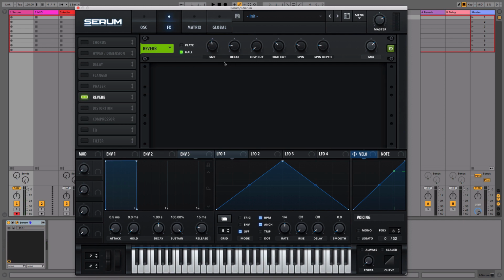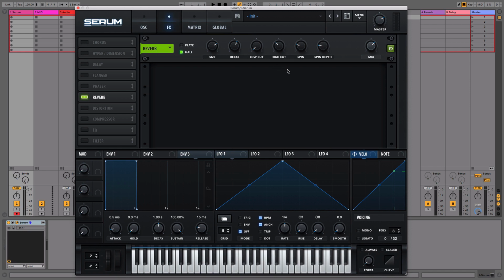As with a lot of reverbs, you'll often find you end up using them in the lower settings there because it doesn't take long before the sound becomes completely washed out. But if you're creating an FX sound or something where you want that kind of effect, then that's the way